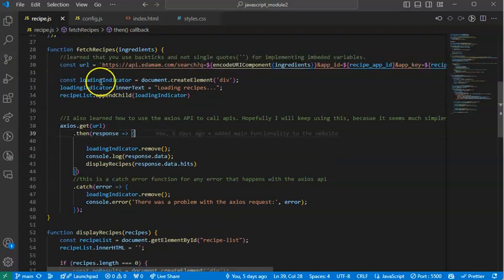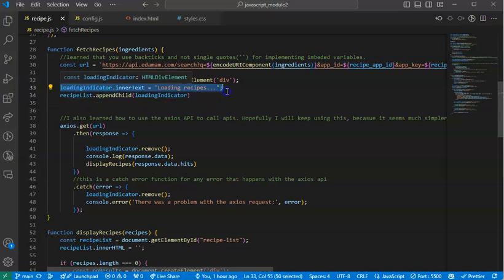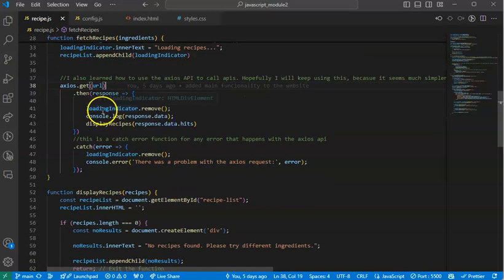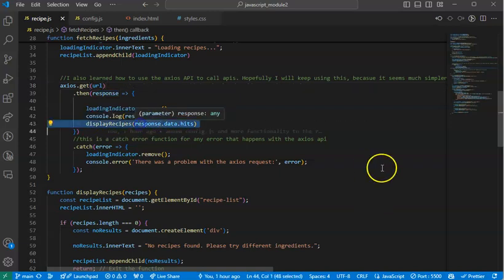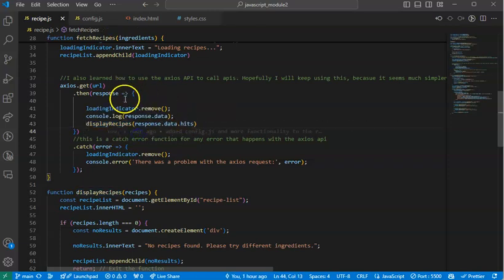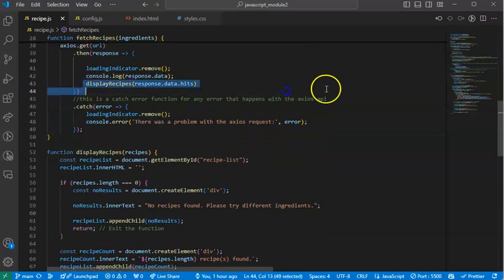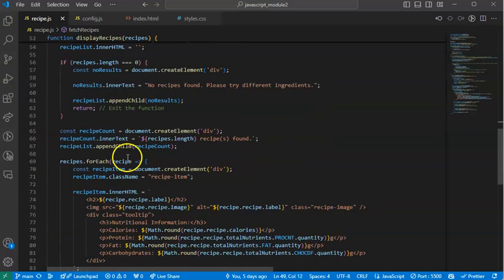And then, so when it calls the API, it creates an element, and that's just the indicator that's loading, and then it appends. Let's see, wait, where does it append it? Right here. So it gets the response, and then it puts that response into the display recipe, and the display recipe has